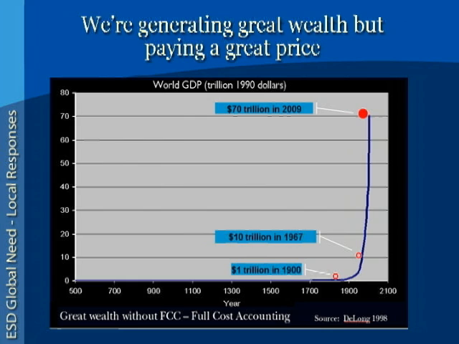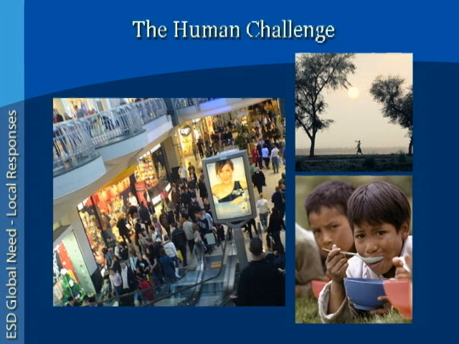The real issue, of course, is the impact of these people. Because in the same time, when we moved from roughly 1 billion to 6 billion, the world's gross domestic product, or GDP, rose from 1 trillion to 70 trillion. I mean, this is the compounding part, that we don't see an end in sight to that. So what does this mean? Well, it's about the impact on the planet. It's not only will we have more people, but each person is going to have a much greater impact on the planet.